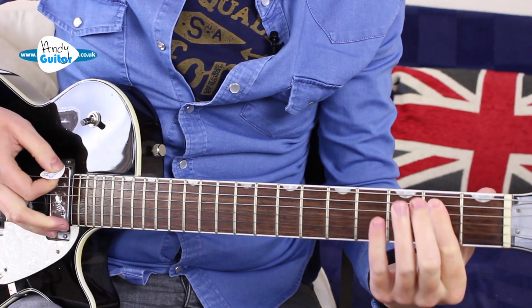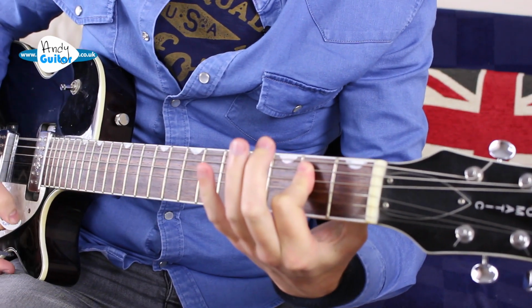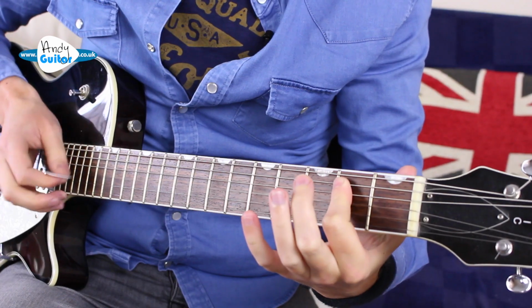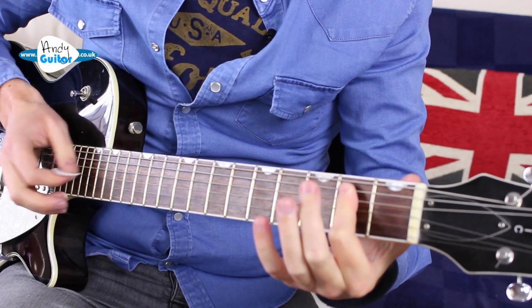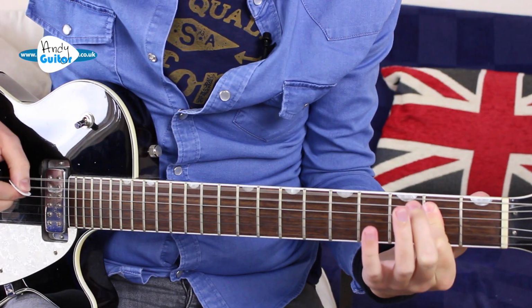You could just play the E power chord like that, but we were really going for the E power chord like this, where we're muting string 3 with the bottom of the first finger and all the other strings ring out. So this would sound like...